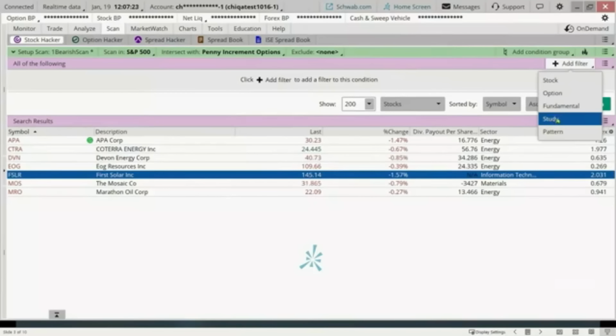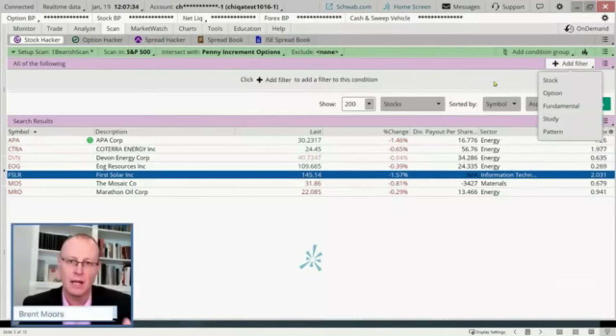But study filters are not available on Paper Money. They're only available on your live platform. Now, this is actually Paper Money, but it emulates a live platform just because I'm an instructor here. So if you're trying to do it and it's saying you don't have study available, you can't use a study filter, it's probably because you're on Paper Money.